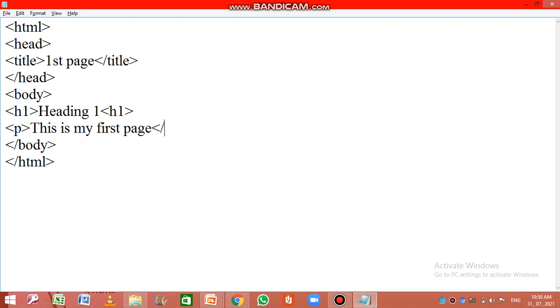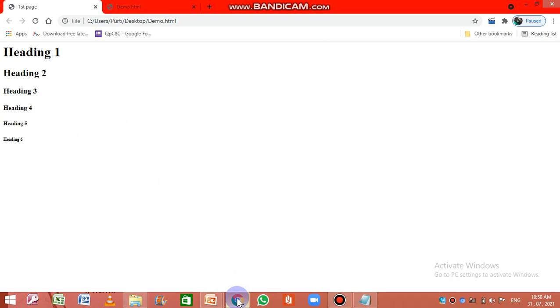Like this, P tag close, and in this we have written heading 1. Save it, go to the browser. Whenever you make any changes, you need to save them, then only you get the output. This heading is inside the H1 tag and this one inside the P tag, the paragraph tag. P stands for paragraph tag.